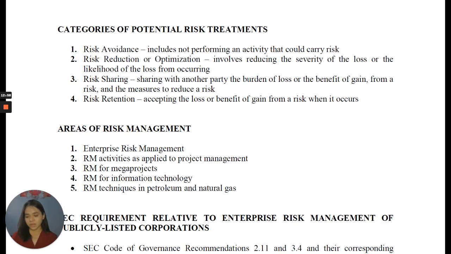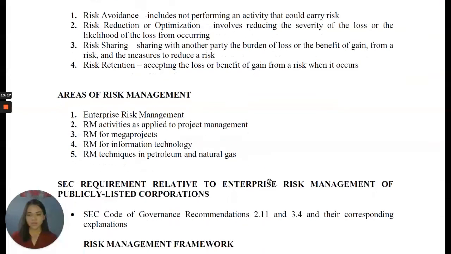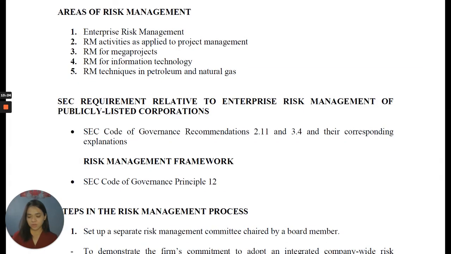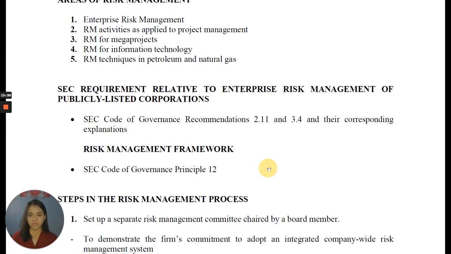The areas of risk management are enterprise risk management activities as applied to project management, risk management for mega projects, risk management for information technology, and risk management techniques in petroleum and natural gas. Next, we have the SEC requirement relative to enterprise risk management of publicly listed corporations. So you can recall that it has been mentioned in the SEC Code of Corporate Governance